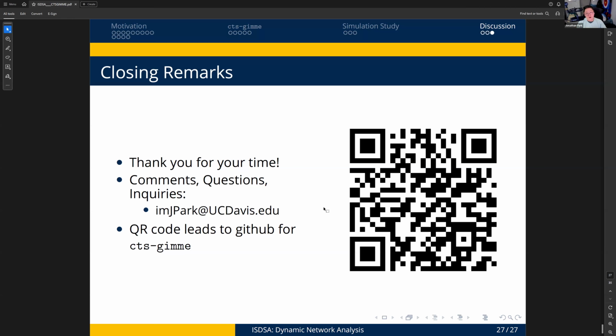We are working on an R package, but as we're testing and toying with the algorithm for subgrouping, we're not particularly rolling out the package yet. You're easily able to just clone the repo or get the continuous time gimme R script from my GitHub repo. But eventually there will be an R package. Most of the documentation is done. We're just working out some final bugs.